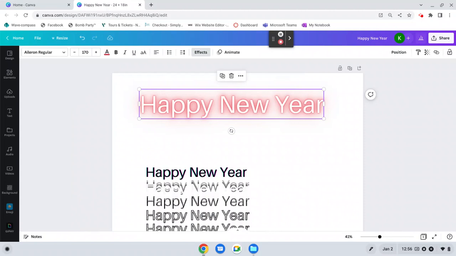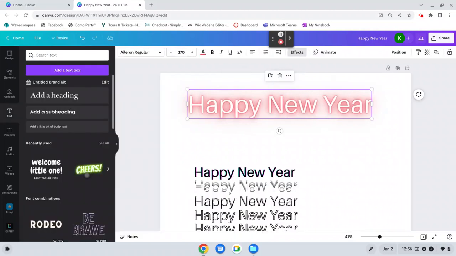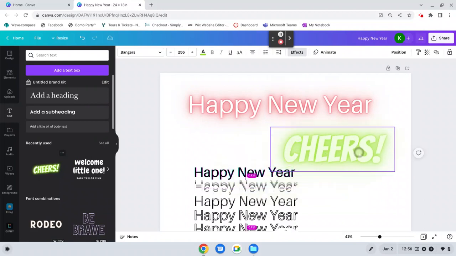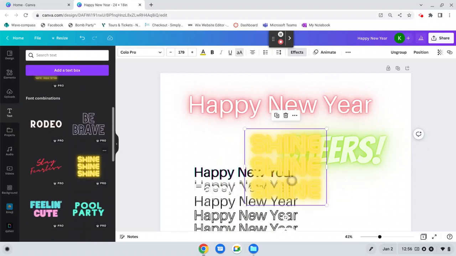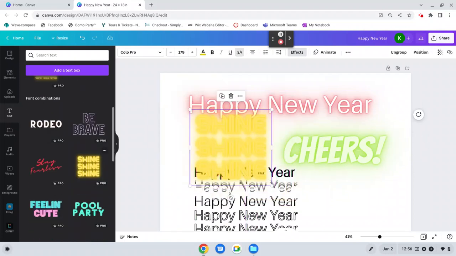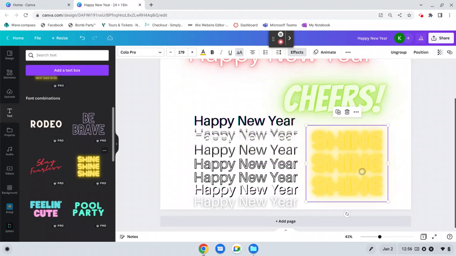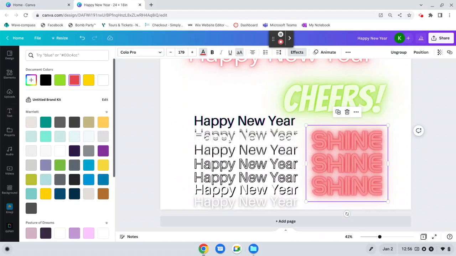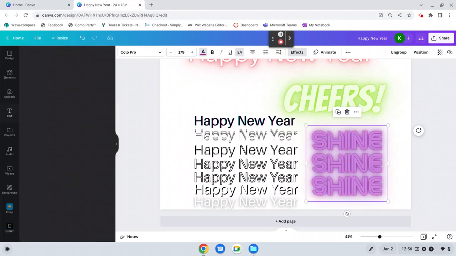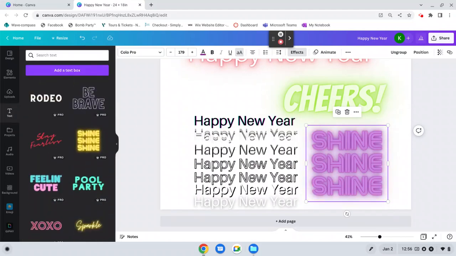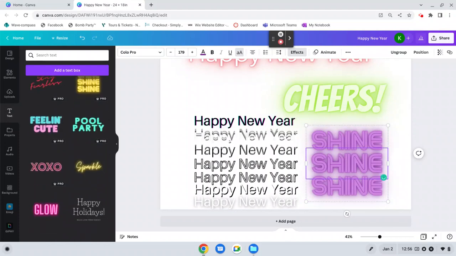Let me show you one thing while I'm thinking about it. Under the text option, there are some preset font combinations. It says right there what they're called. So some of them do have little things created, and then you can just go in and change the font to something that you can see, because you can't see that yellow. So take a look at those too. You don't necessarily have to recreate them, you can just change. This is grouped together, but you could just say shine,